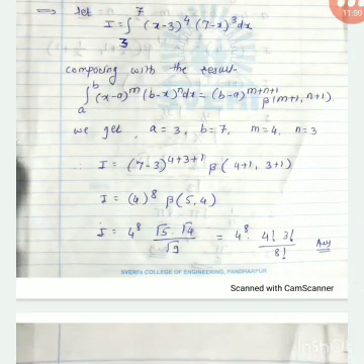Again, the important type 3: the integral from a to b of (x minus a) raised to m times (b minus x) raised to n dx. What is the answer? (b minus a) raised to (m plus n plus 1) times beta of (m plus 1, n plus 1). Okay, next, consider an example: the integral from 3 to 7 of (x minus 3) raised to 4 times (7 minus x) cubed dx.